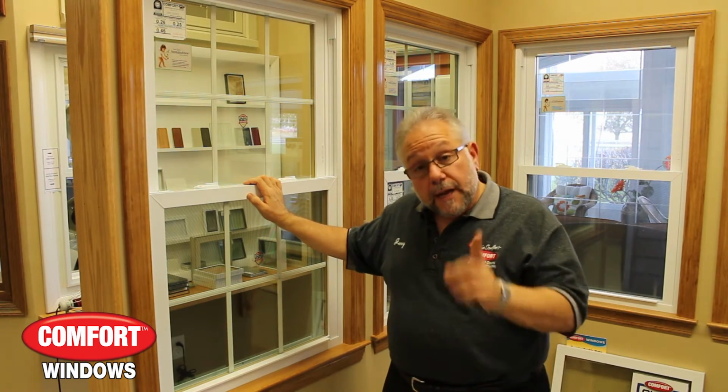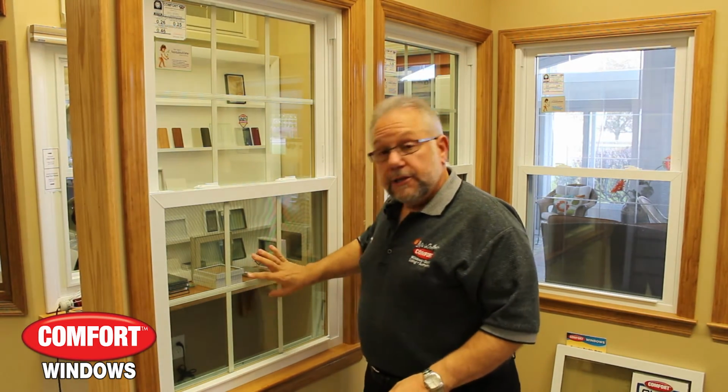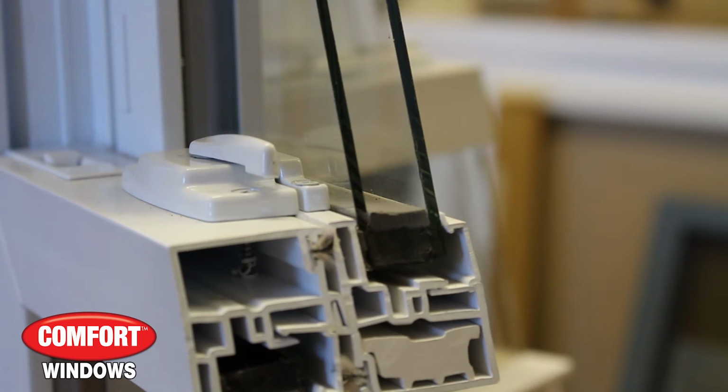Very popular. You will never need storm windows either. This window does it all because you can either buy it with quad shield glass, which is basically impenetrable. Then we have it in triple pane and in double pane to fit any type of need you might want